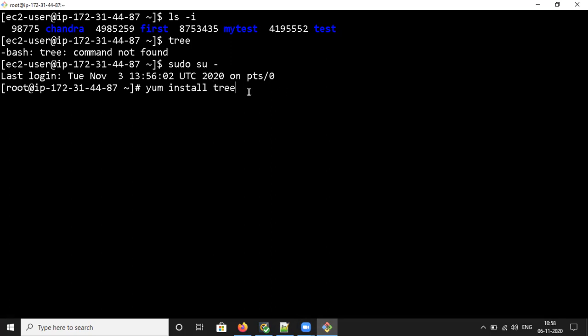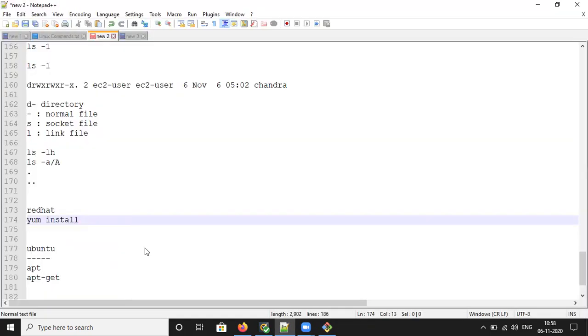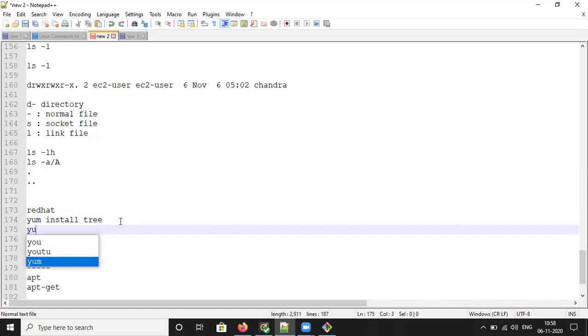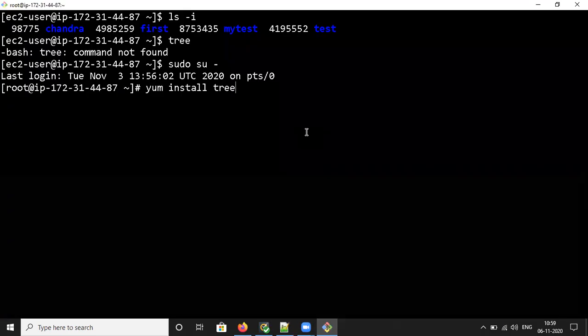So what does it mean? If you are going to install anything with yum install tree, it is going to install the tree command and it will display. But in this case, it will ask, are you sure you want to proceed with some specific size of that software? Then one more option is yum install tree -y, because y means yes, by default it is going to install without asking your permission to download that software. I'm going to use tree. What will it do?